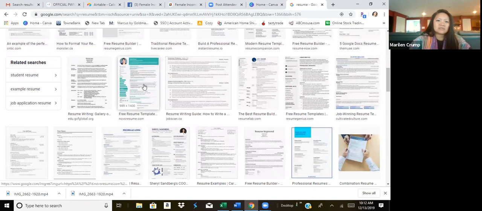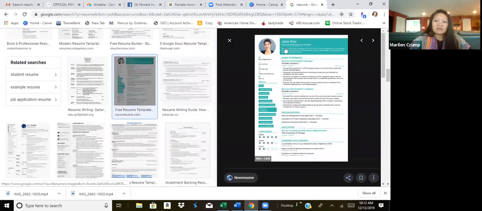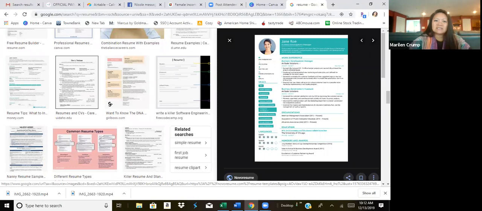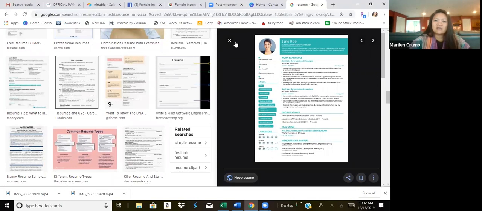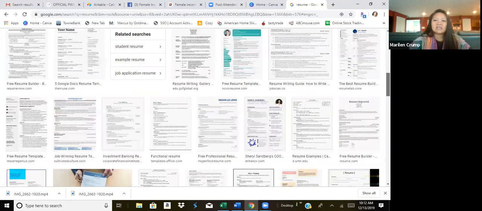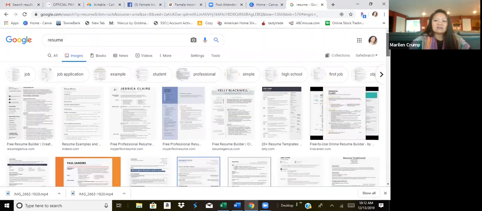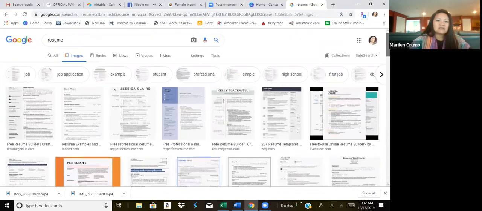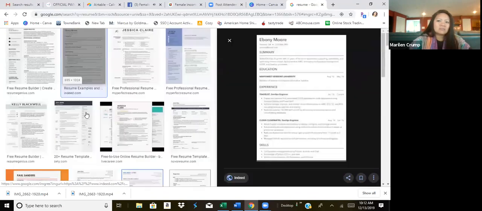I love this resume. Isn't that beautiful? Her resume has all the colors and it's really eye-grabbing, and I haven't read what's in it, but it just stands out to me compared to the other resumes, the sea of gray that you see here. Okay, so let's say somebody really wants to stand out, you can say, all right, let me help Ebony